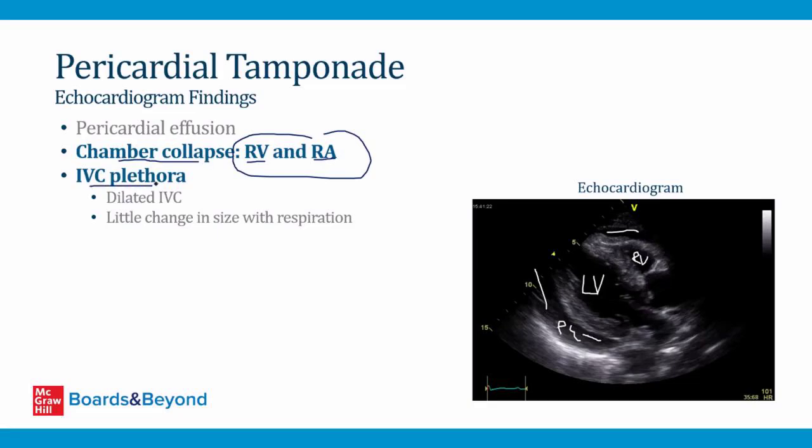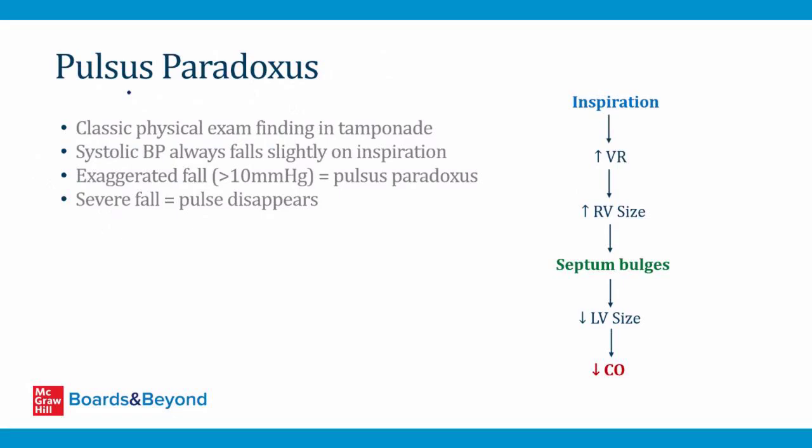This is just a fancy term, which basically means that the IVC is dilated and the size doesn't change much with respiration. So this is a finding you can get anytime there's very high pressure in the venous system, which includes in patients who have tamponade. So IVC plethora and chamber collapse are the two findings beyond identification of a pericardial effusion that are helpful on echocardiogram to diagnose tamponade. There is a classic physical exam finding seen in patients who have tamponade, and that's called